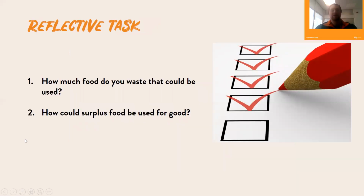So this is a reflective task. I've got two questions for you, which I'll give you a few minutes to sit and think about. One, how much food do you waste that could be used? And how could surplus food be used for good? So question number one,